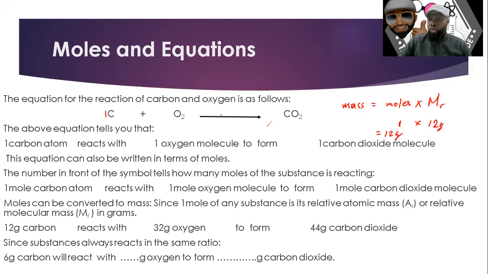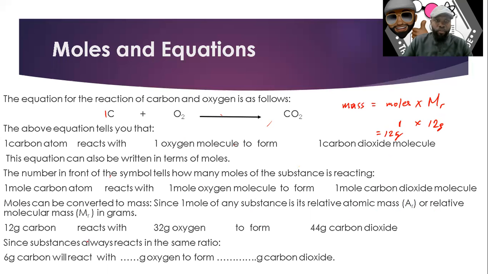You can just choose the relative atomic mass of the element or relative molecular mass of the molecule and add grams to it. It's that simple. That's if the number of moles is 1. Okay, so moles can be converted to mass since 1 mole of any substance is its relative atomic mass expressed